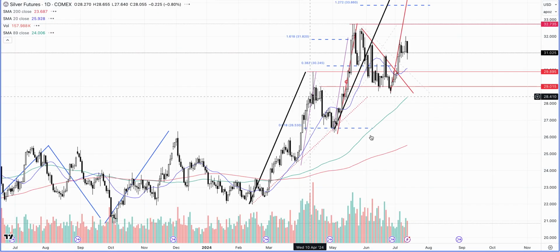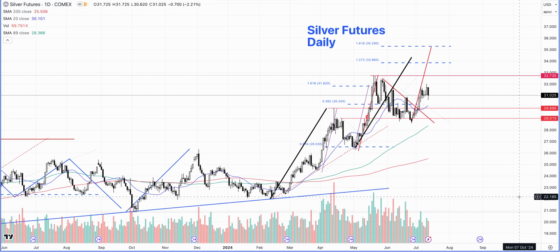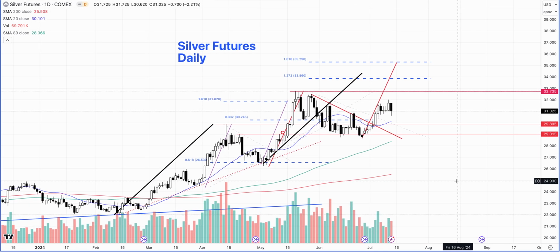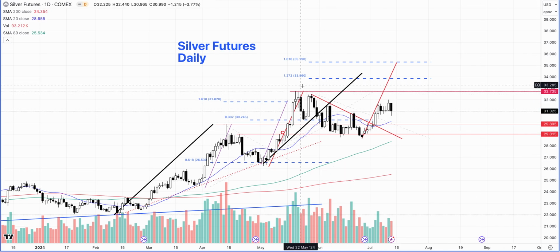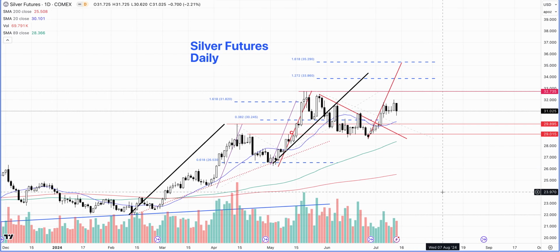All right, so now we take a look at the silver market as well. So this is going to be the COMEX silver contract. This is the futures market. If you are looking at the price levels on the spot market, the levels will be different in terms of the actual prices, but the patterns are going to be much similar. You just make sure that we are looking at the COMEX futures market. We are not looking at the spot market here.